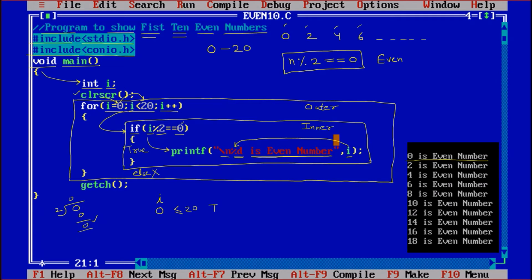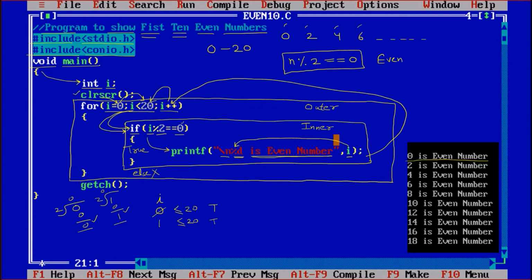Now after executing it, it will go back, incrementing the I. Next time the value of I is 1. Checking the condition, is I less than equal to 20? Means 1 less than equal to 20. True. Coming inside, now checking if I mod 2, means if I divide 1 by 2, the remainder is 1.